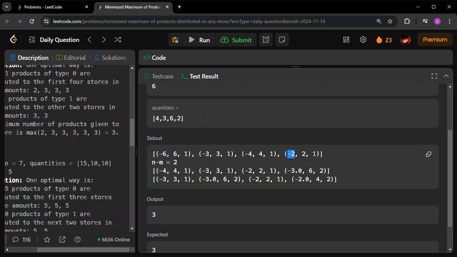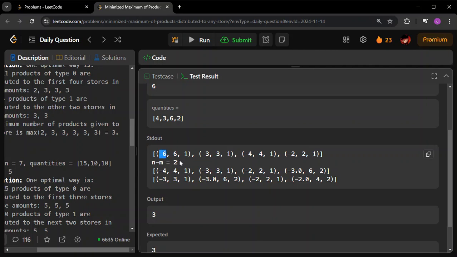This represents the total quantity that I have, and this represents how many stores that quantity is divided among. Initially everything is one. So this is a type of product which has four quantity, this is a type of product which has four quantity, this one has three quantity, like that. Initially these are each kept in a single store. Then I'm checking which has the highest average. Here six is contributing to the answer.